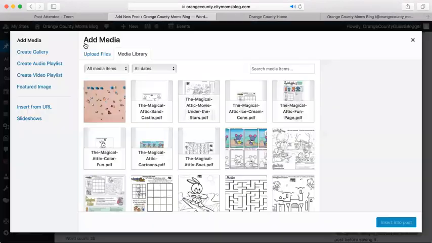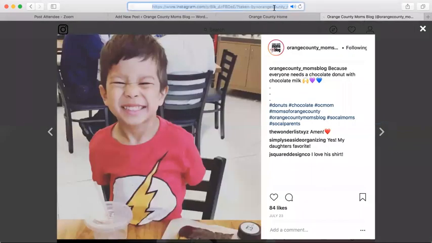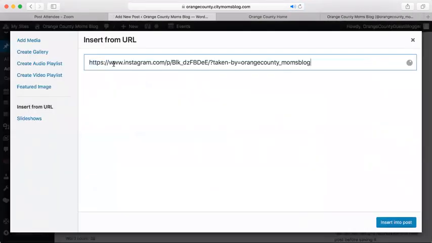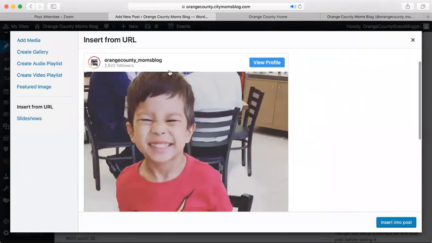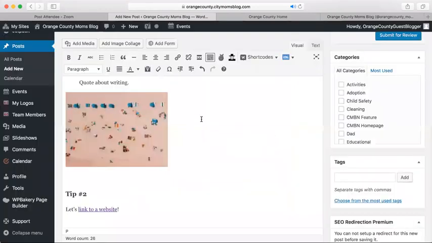So I'm just going to show you what that means. So here, if you go insert from URL, well, let's go back to that cute photo here. I'm going to copy the URL, the actual Instagram post URL for this picture, and put it here, and it should show you a preview. And now it will actually insert this whole frame into the post